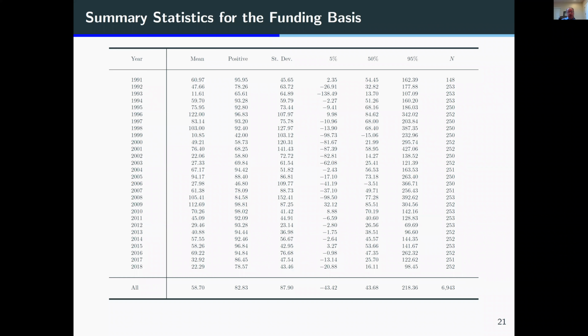So, quick summary statistics for this funding basis. It's about 60 basis points on average. It's positive like 83% of the time. There are negative observations here, hard to explain, but they're rare. The median is about 44 basis points. So it's very persistent, very positive. And the point here is that this